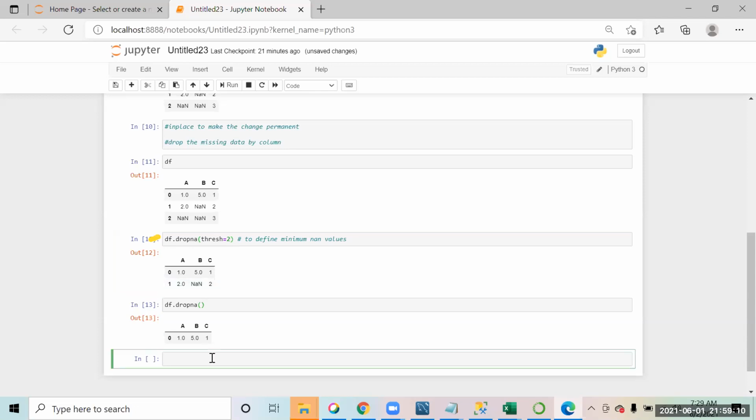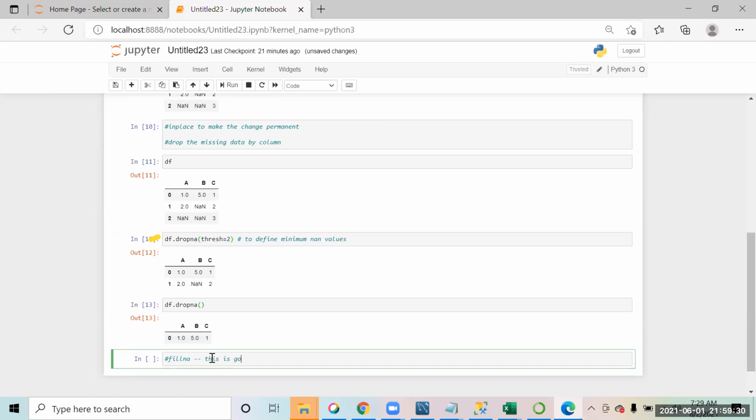Then similarly, if you do not want to drop the values, and wherever you have missing values you want to fill them with something, we have a function that is fillna.